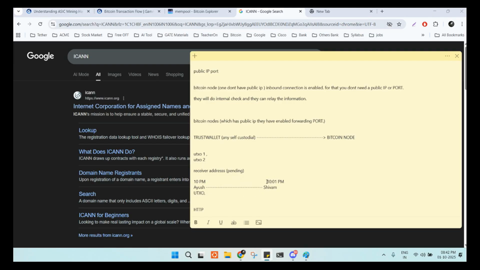Once Ayush sends it, after a few seconds it will show in Shivam's wallet that someone has sent it, but it is pending. They are not sure whether those are valid UTXOs or not, because that was checked long ago when you received the UTXO. But after that, have you made a double transaction or not? We are not sure at the moment. We will only be sure once this UTXO